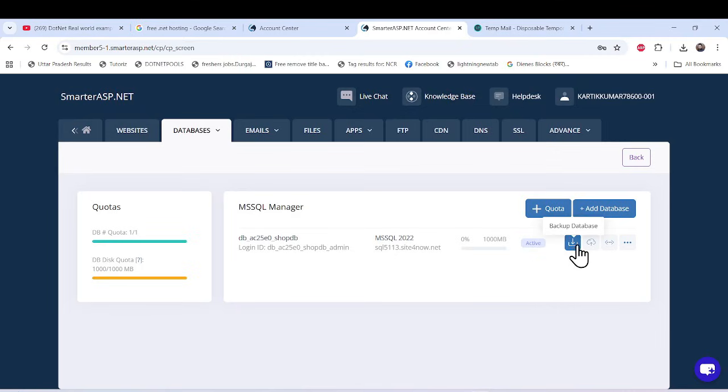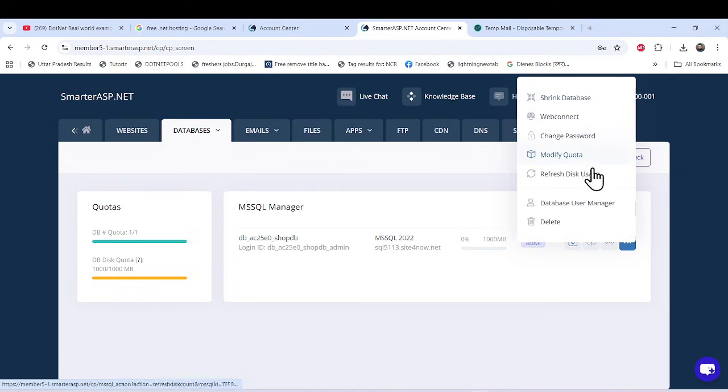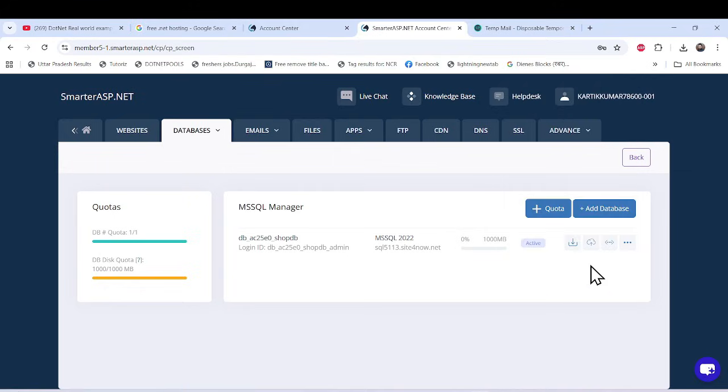You can just download this database to your local place, or every day if you want to, so that the database can be backed up. Because I think there is no option for direct backup, but yes, you can just take it as a backup. And if you want to connect to your local, you can simply open SQL Server Management